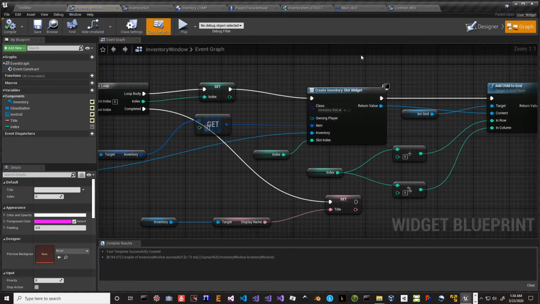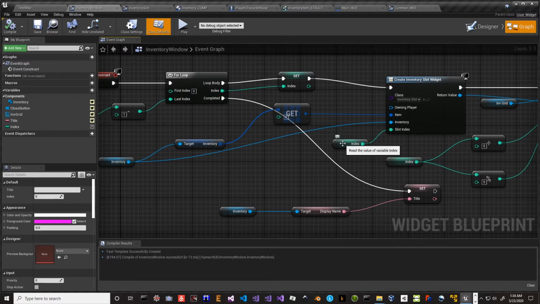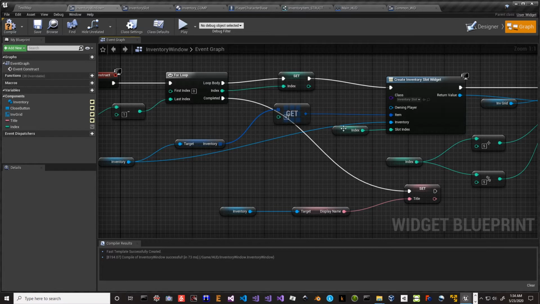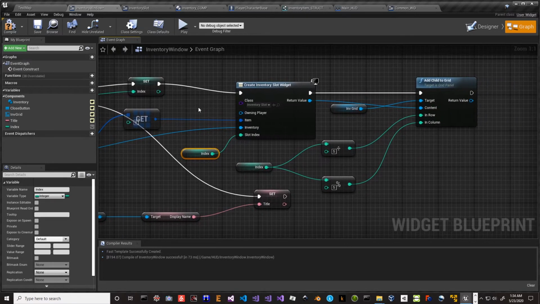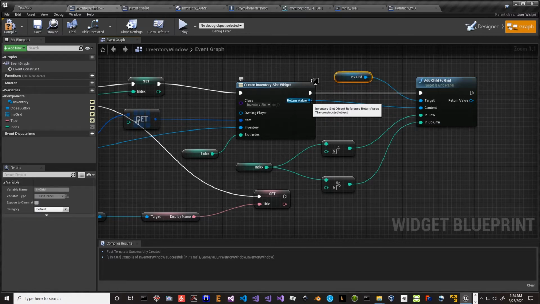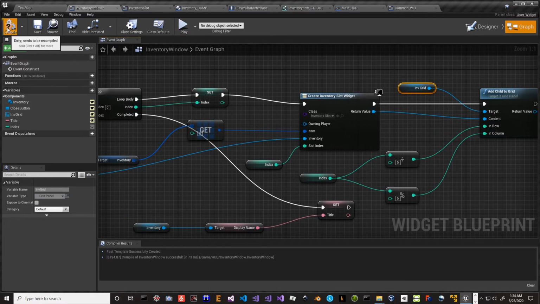Over here in the graph, two small mistakes. I forgot to hook up this index. So you want to take this index variable over here and just drop it on there. And the other thing I forgot is over here when we add the child, I forgot to hook up the content from this return value. This return value here should go to this content. And with those three fixes in place,